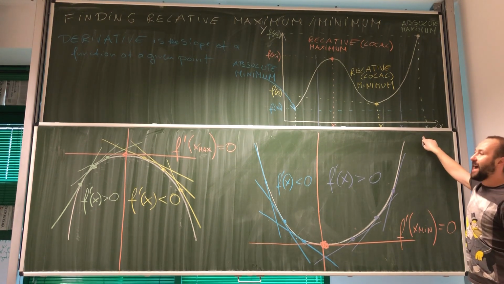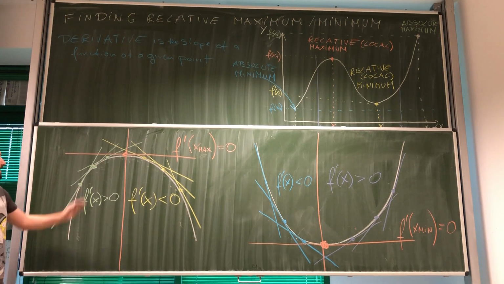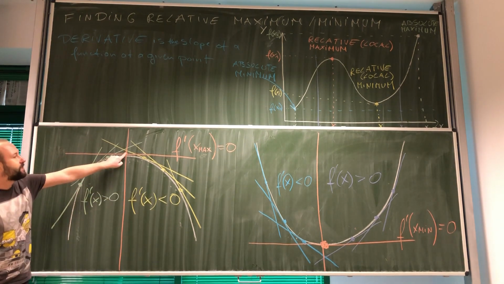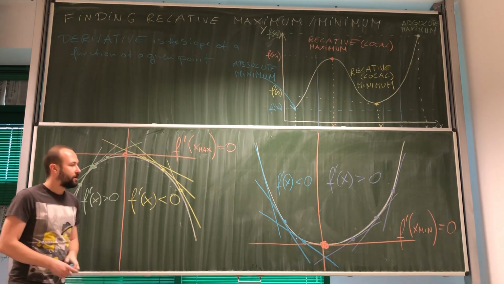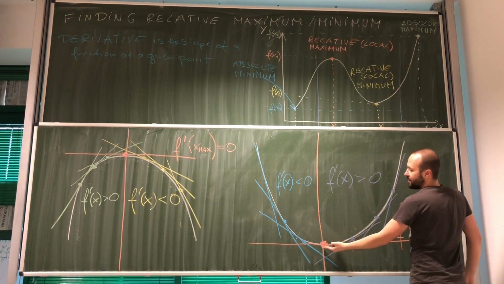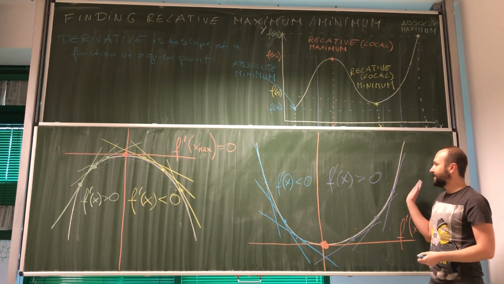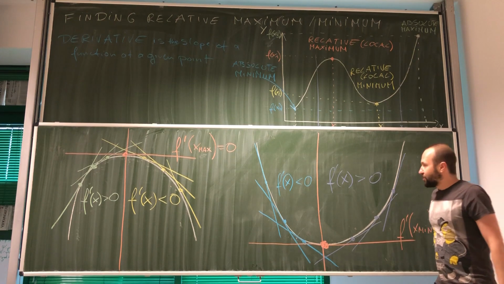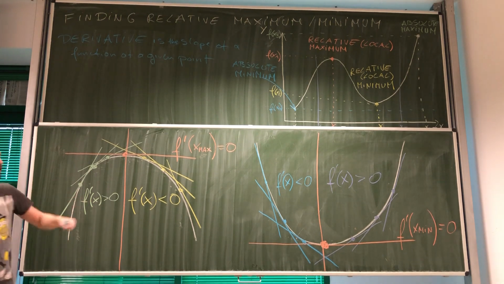So, if it happens that the derivative on the left-hand side is negative and on the right-hand side is positive, while in the middle it's equal to 0, this must be a local maximum. On the other hand, if the derivative on the left-hand side is negative, it's equal to 0 in the middle, and then it is positive on the right, it must be a minimum. And of course, look, this is sufficient information for us to get